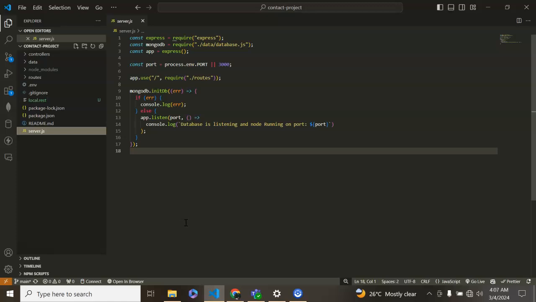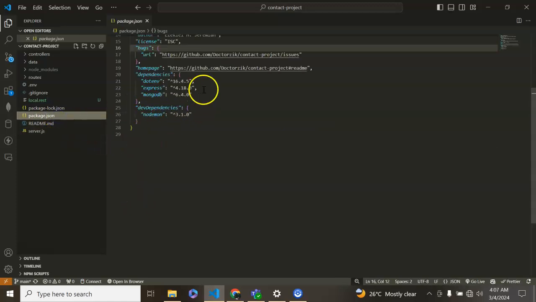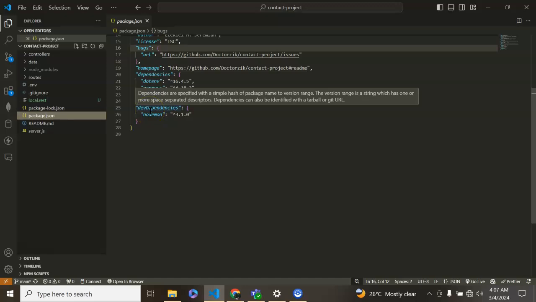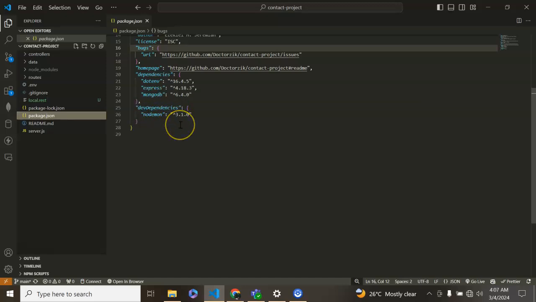I was able to set up the package.json file. I use MongoDB as a dependency, Express as a dependency, and dotenv as a dependency. Now I use nodemon as a dev dependency because I'll be using it